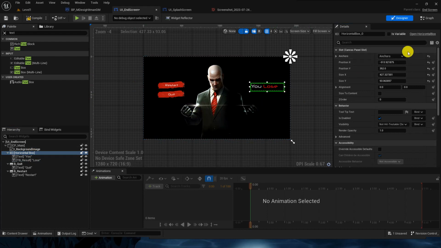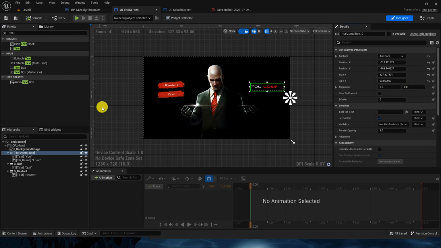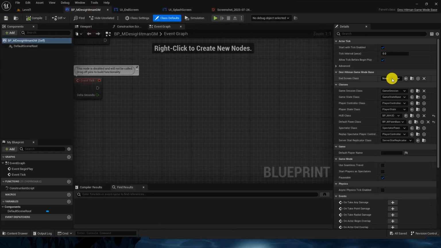Maybe here we can change the angle, so you can change it according to your need, but you can see what we are doing. Okay, so in the game mode, let's check. Okay, we do have it, and just choose U underscore end screen, compile and save.